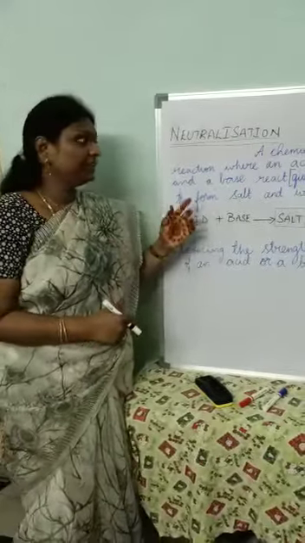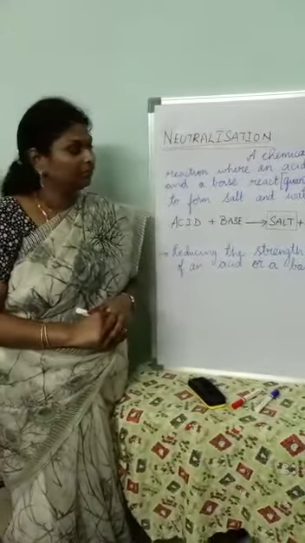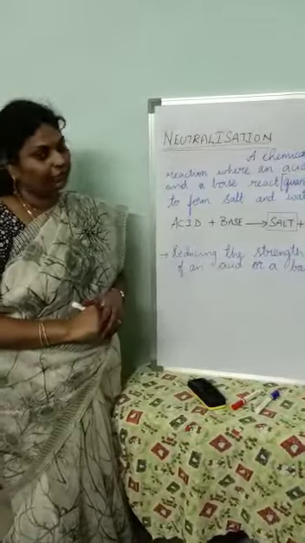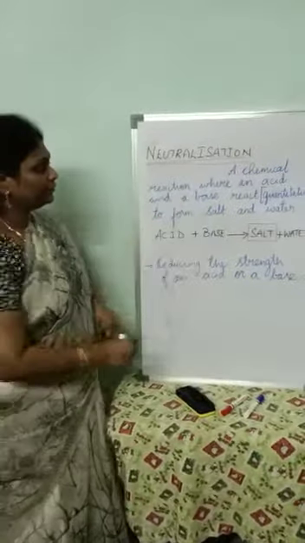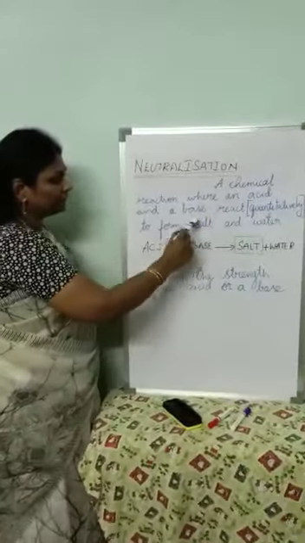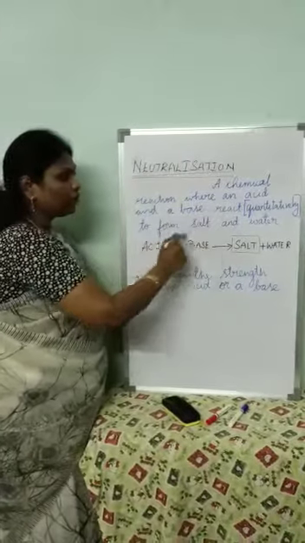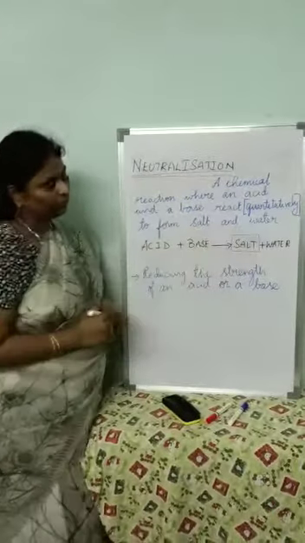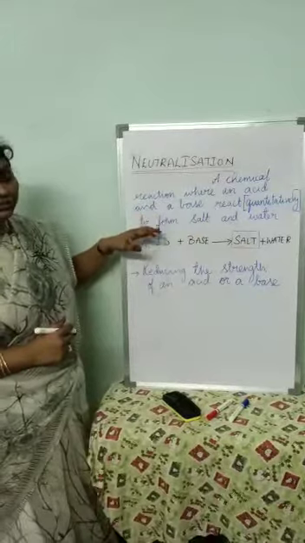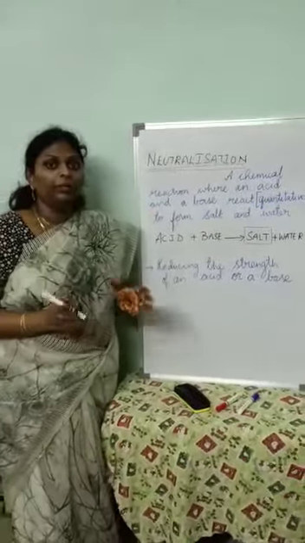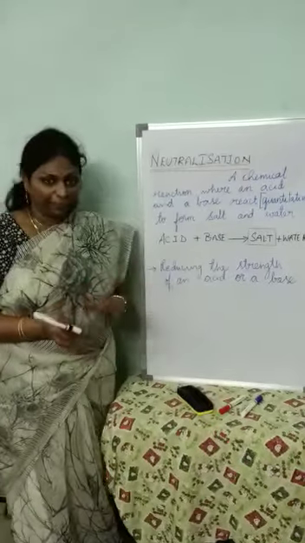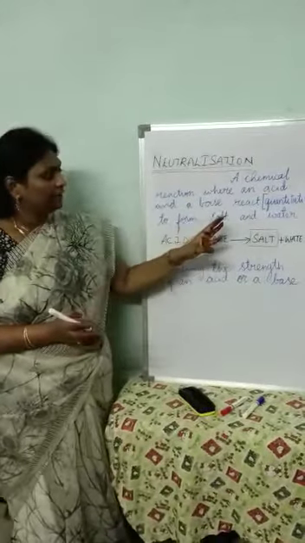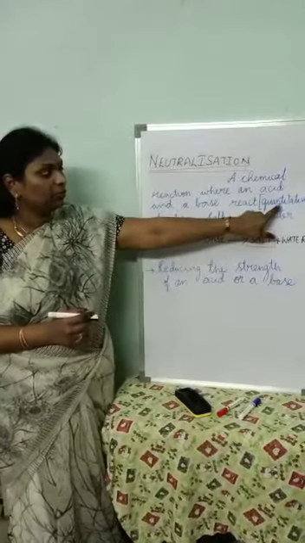Our next topic is neutralization. Now, what is neutralization? A chemical reaction where an acid and a base react to form salt and water. So, what is neutralization, children? It is a chemical reaction which occurs between an acid and a base, and here we are talking about the term